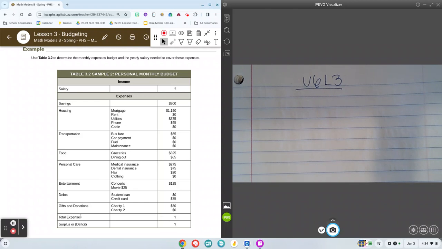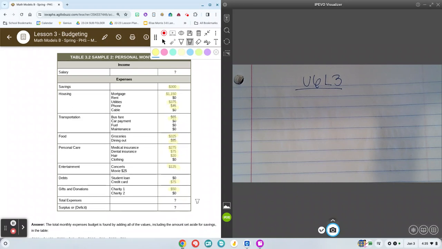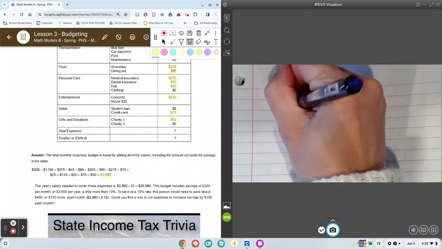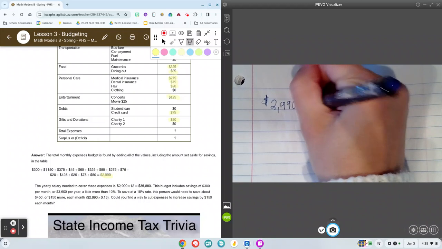So all we have to do to total these up is to add them. So you're going to just take everything that isn't zero. You're going to grab a calculator and you're going to add them all up. You want to be very detailed, okay, so that we don't miss anything. And when you add that up, I'm not going to take the time to do it, it's $2,990. Okay, so what then if $2,990, this is my monthly